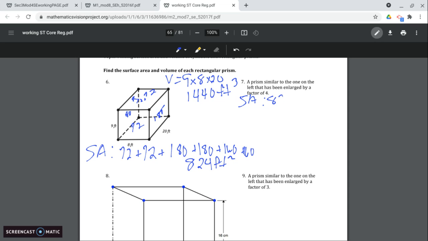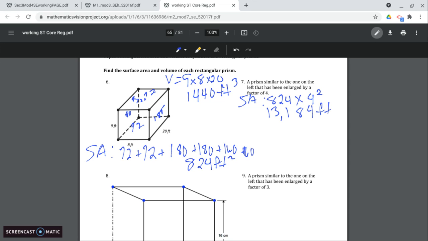We're going to take 824 and multiply it by 4 squared because that's how much of a difference it's going to be, because we're not just taking a two-dimensional thing and enlarging it. We're taking a three-dimensional thing and enlarging it. Surface area is two-dimensional, but we're taking more than just a single value. We're taking area, so we have to square it. So when we take 824 and multiply it by 4 squared, we're going to get